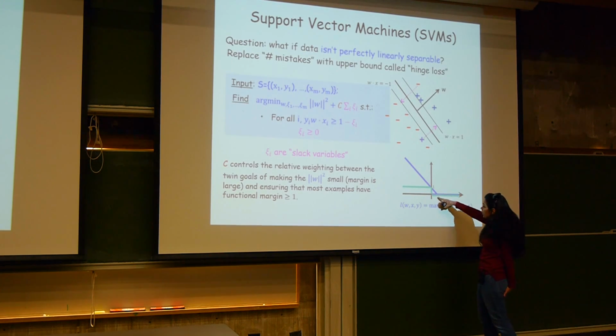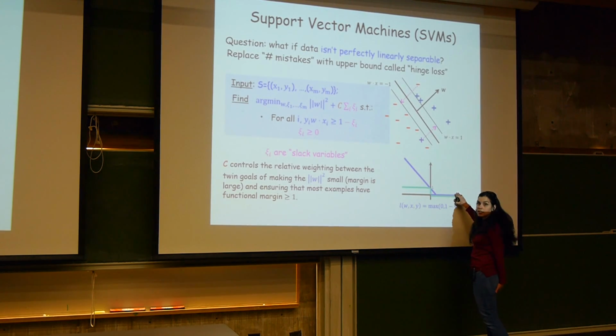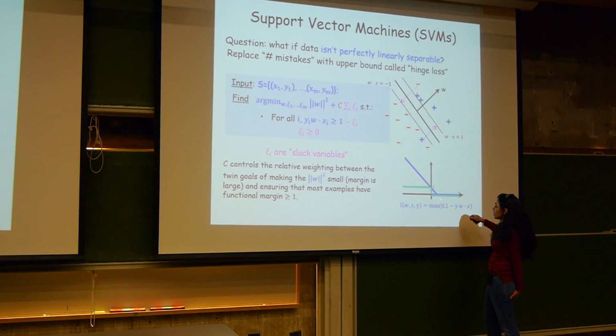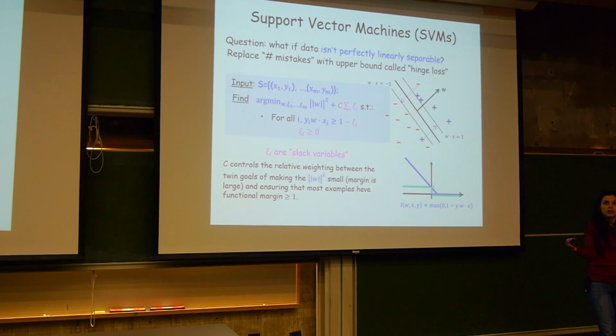Right? So if it's right on the separator, I pay 1. If it's on the right side, by the right margin, the functional margin is at least 1, I pay 0. And otherwise, I pay linearly in between. Right? This is the so-called hinge loss. So basically now I'm replacing the 0-1 loss with the so-called hinge loss, which is a convex upper bound of the 0-1 loss. And if I do so, then the problem that I obtain over here is a convex optimization